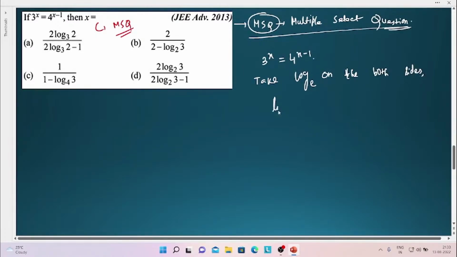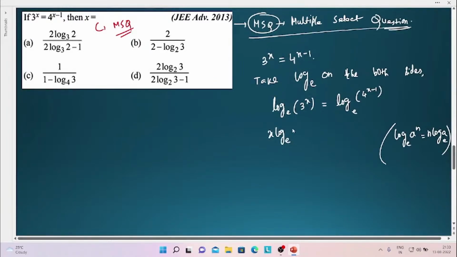So it will be log base e of 3 to the power x equals log base e of 4 to the power x minus 1, right? So we know the relation that log base e of a to the power n can be written as n log a base e. I mean, the power comes out as the coefficient of log a base e. So it will be x log base e of 3, which equals x minus 1 times log